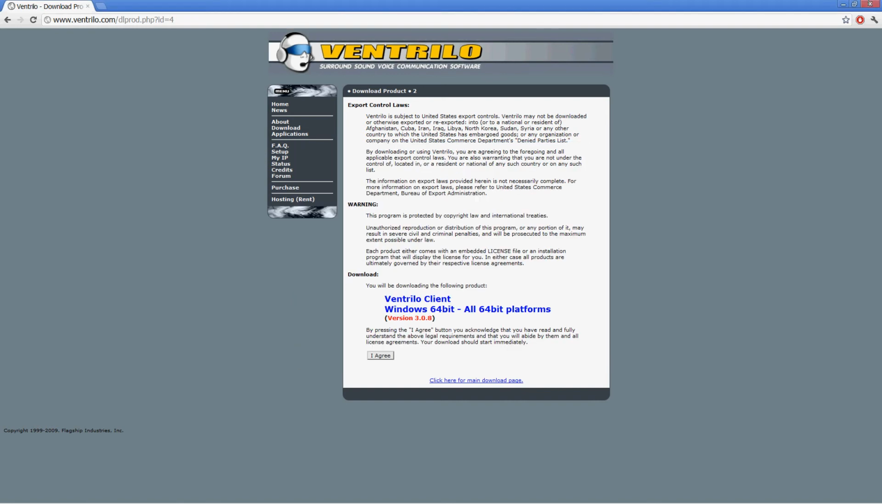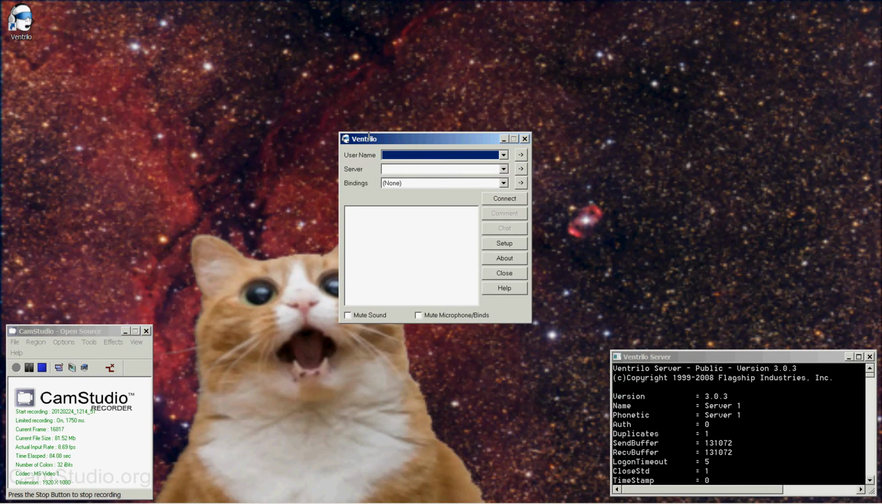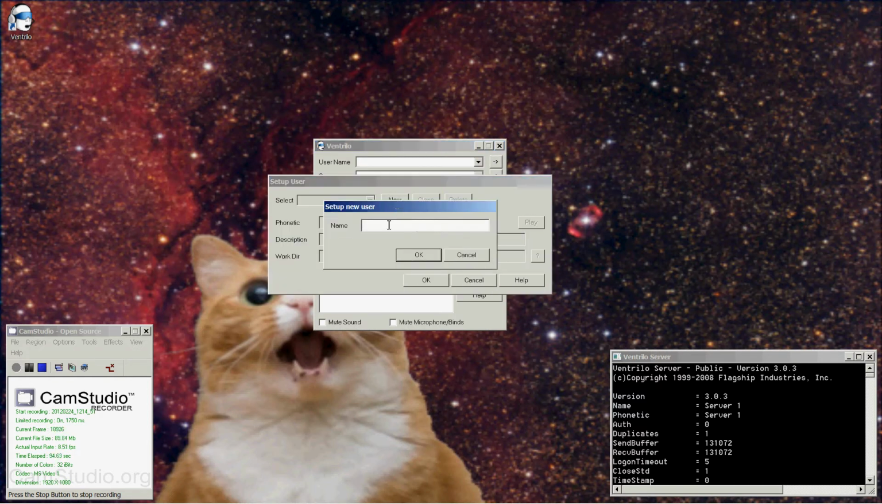So there we go. It's downloaded, and there it is. I'm going to double click it, and this is it. This is how small of a client it is. So the first thing you want to do is hit this little arrow right here next to username. I'm going to hit new, and under name I'm going to put in